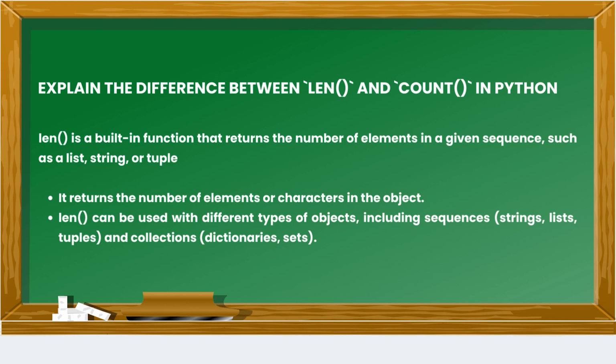Now let's look at the next question, question 5. Explain the difference between len and count in Python. Answer. Len is a built-in function that returns the number of elements in a given sequence, such as a list, string, or tuple. It returns the number of elements or characters in the object. Len can be used with different types of objects, including sequences, strings, lists, tuples, and collections, dictionaries, sets. For example,